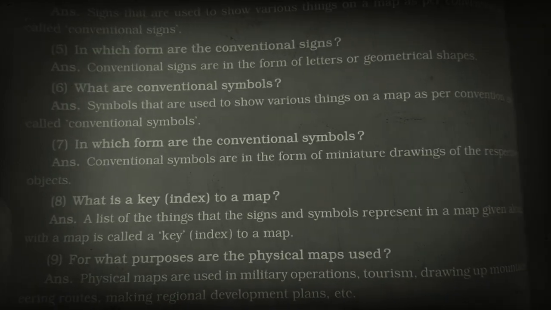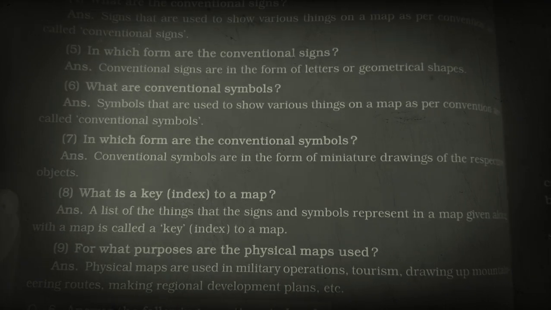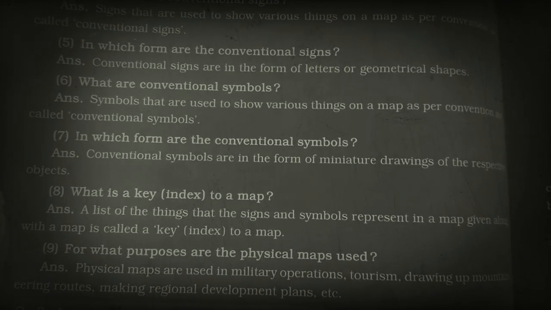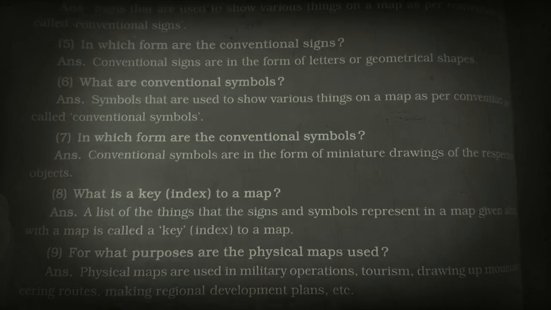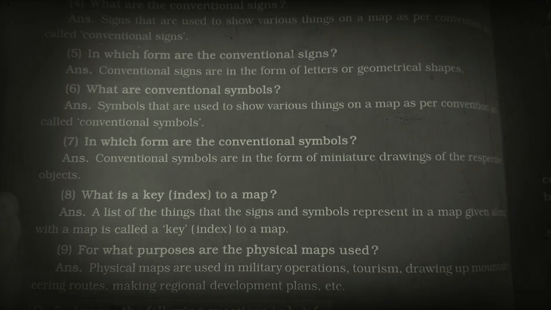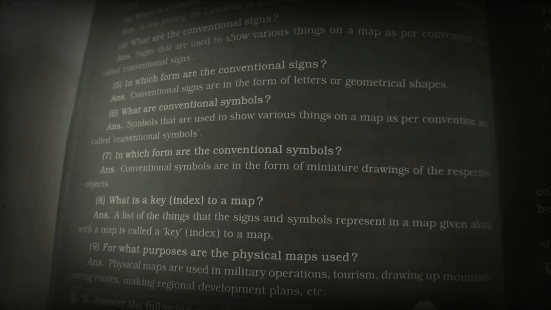What is a key index on a map? A list of things that the sign or symbol represent in a map given along with the map is called a key index on a map. For what purpose are the physical map used? Physical maps are used in the military operation, tourism, drawing up mountaineering route,